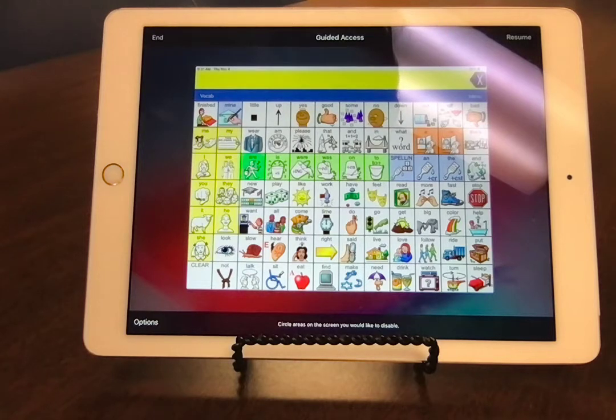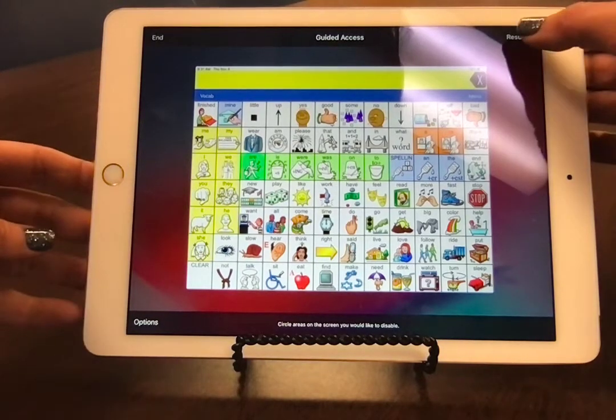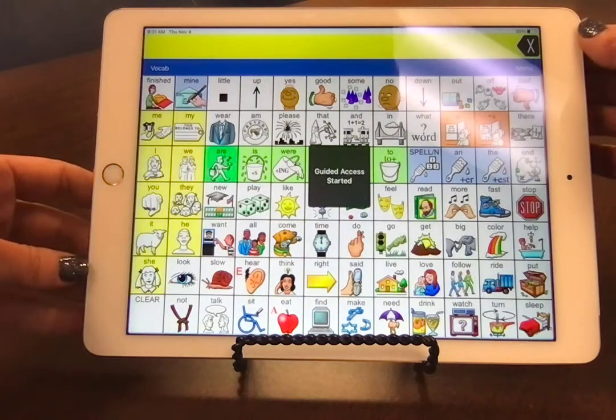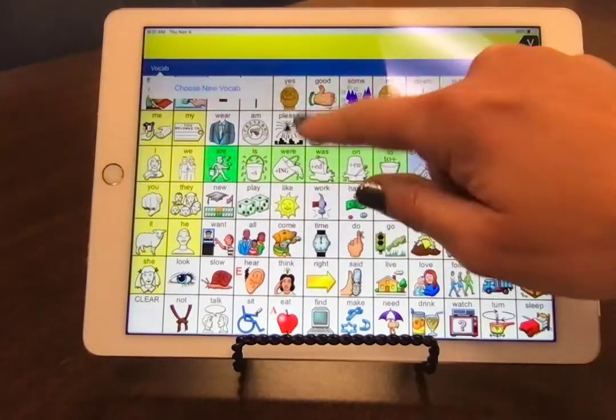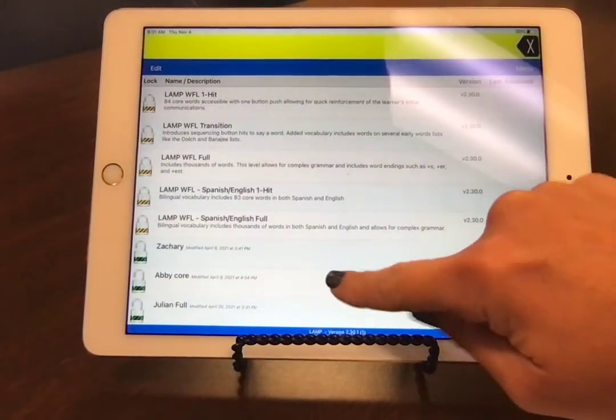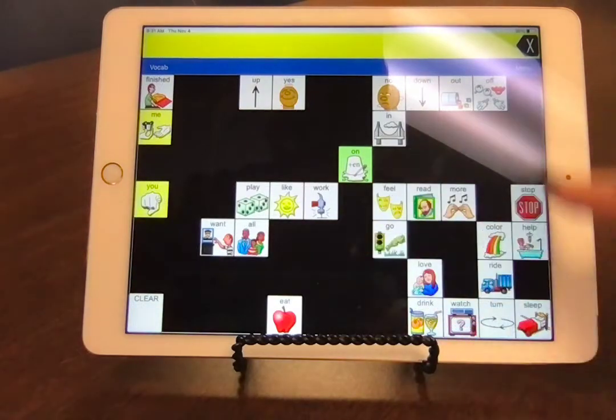One other thing that I would like to show you while I'm here is how to disable parts of the screen. Now, what is this good for? Well, let me go ahead and go back to show you why this might be beneficial. If I'm the child and I start pushing buttons and I change it, the person who is assisting with teaching your child how to use this, or the person that is assisting with responding to their request,